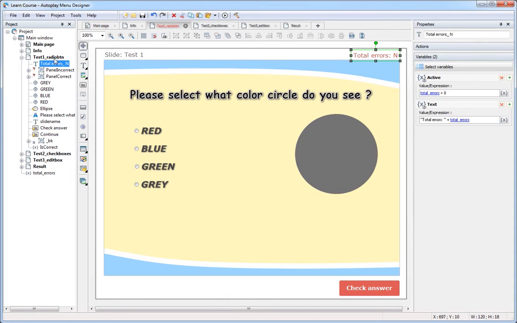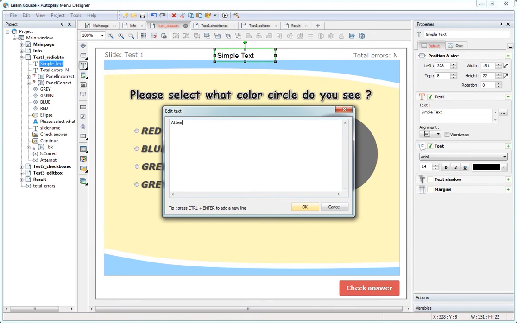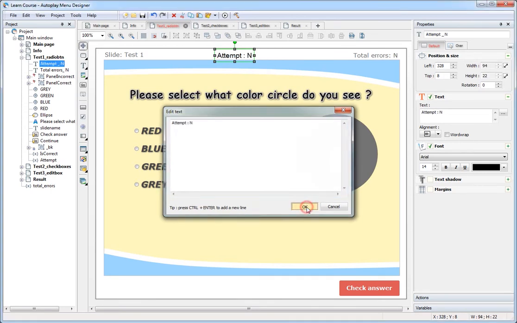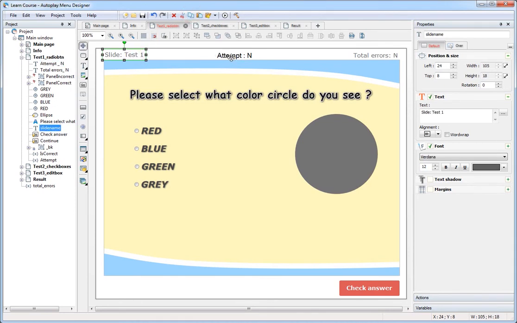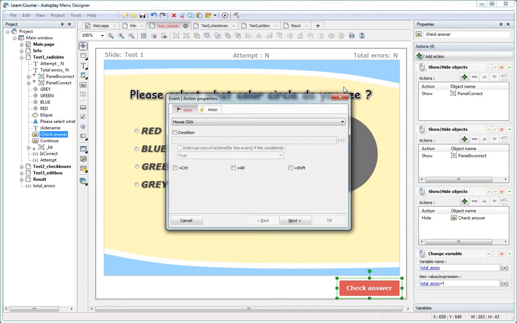By analogy with the global error counter, add a numeric variable called attempt to the page, add an object to display the value of this variable, and add an action to change the attempt variable in case of an incorrect answer.